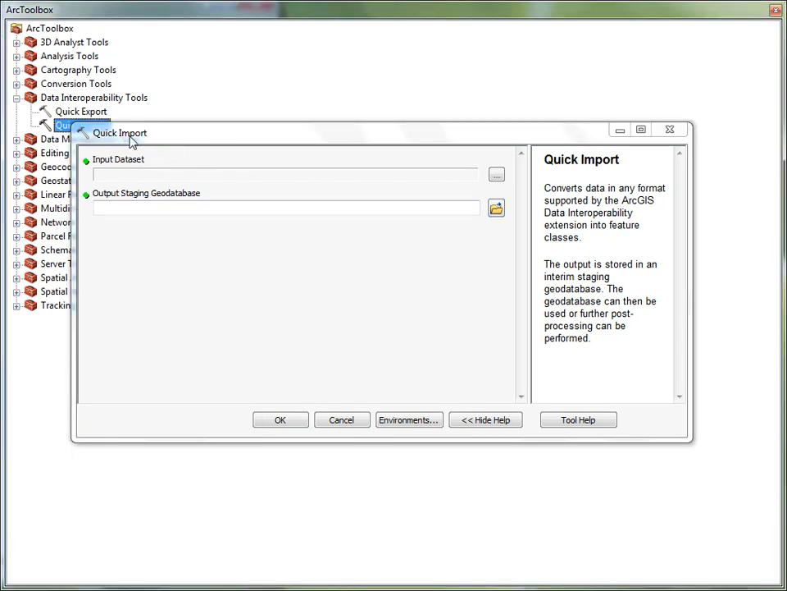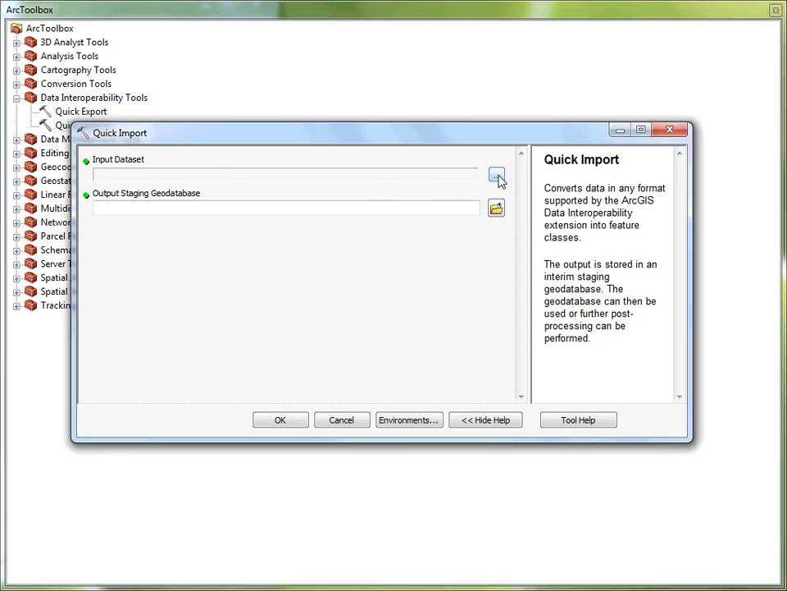So this Quick Import tool, it's relatively simple. It's got a couple of weird names, but basically this is the input data set, and in our case that's the current.gpx file, and then output staging geodatabase is the output data set or output geodatabase that you're going to create, and within that geodatabase will be a couple of files, one for the tracks and one for the waypoints. So I'm going to select that current.gpx file for my input database now,